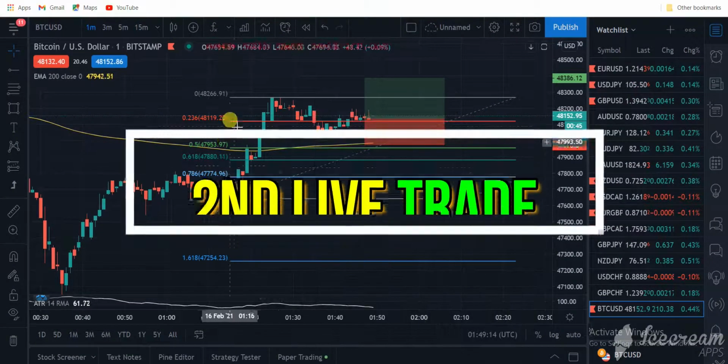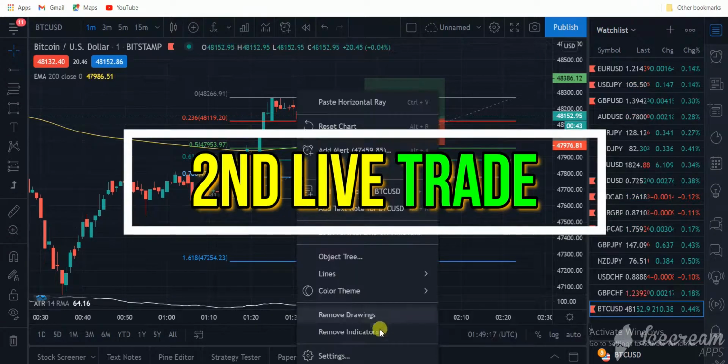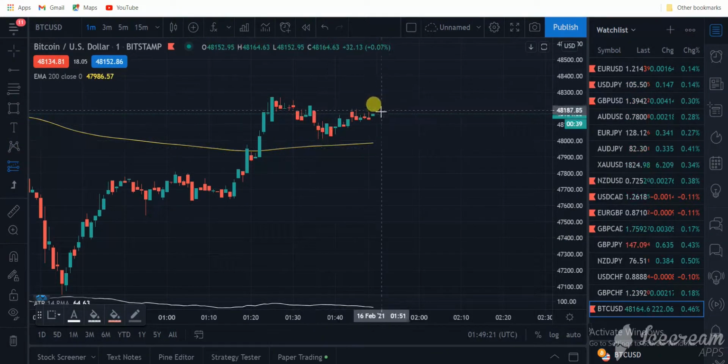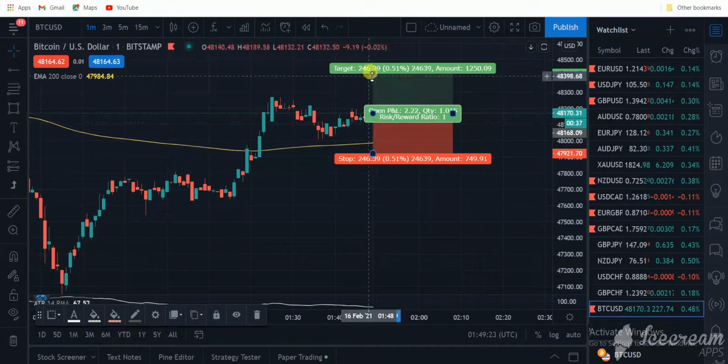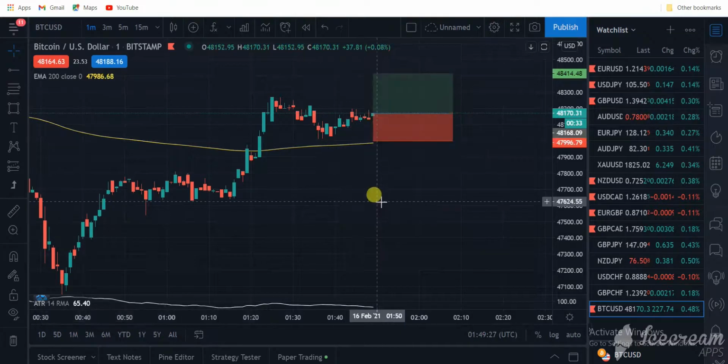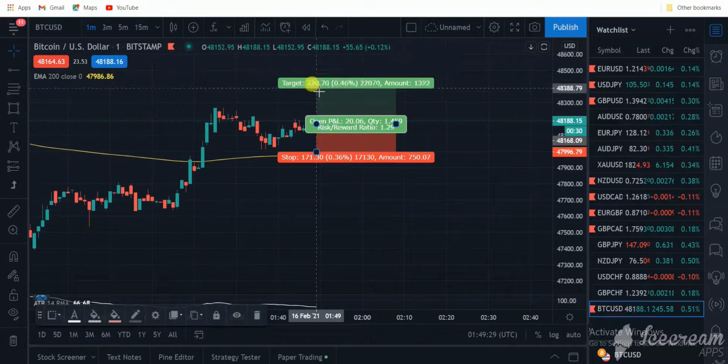Alright guys, so trade number 2, let's see. I found this beautiful entry at this point. Let me bring out my position tool. My stop is just below that, close to that 200 EMA line, and my trade targets,